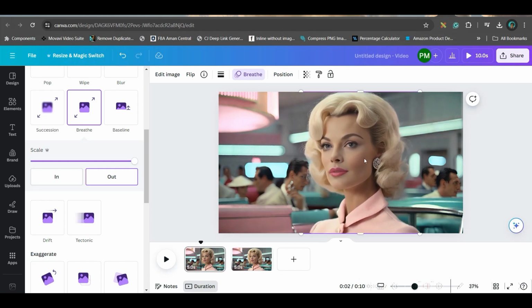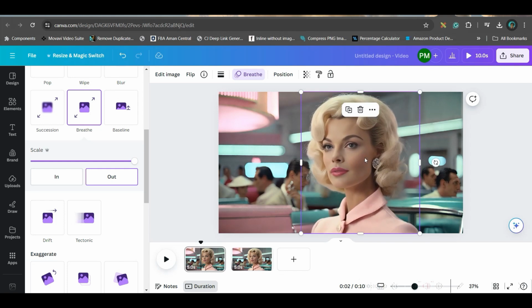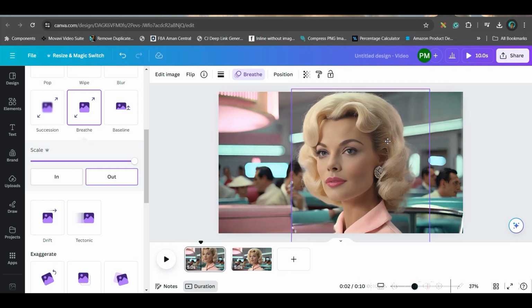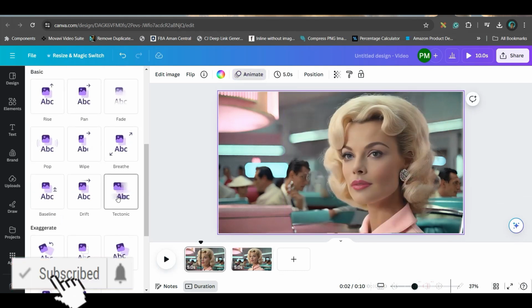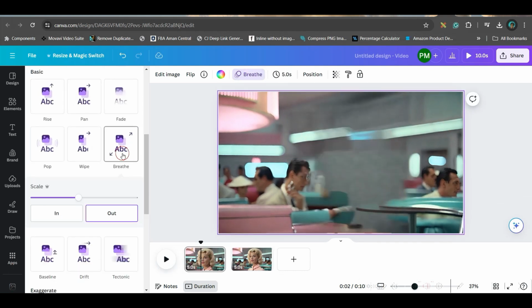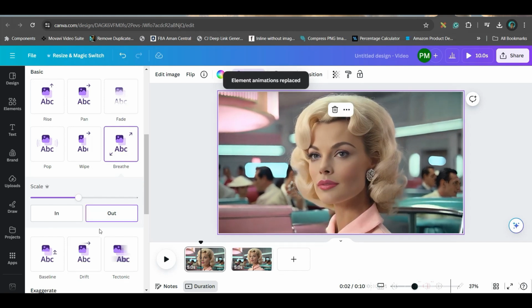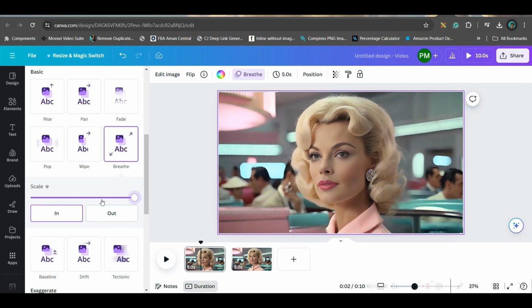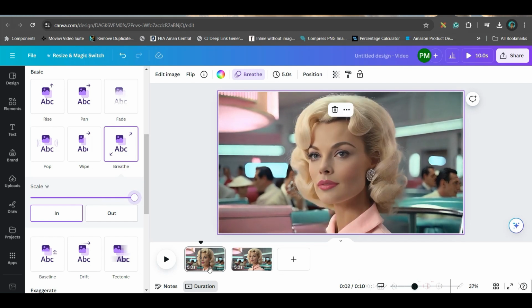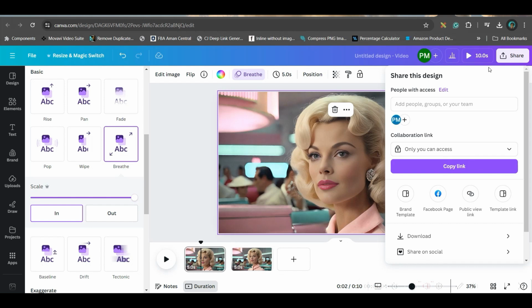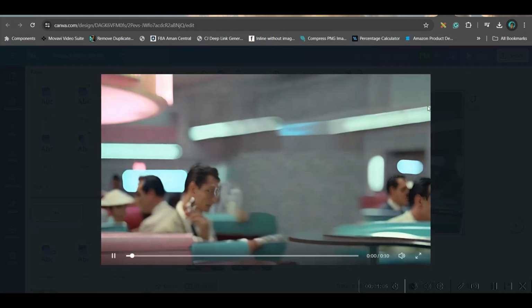Okay, now you can see there is a problem. The image itself is kind of coming in front, so you'll have to make sure that the image is a little bigger like so, and go to the background. Again in the same way, you will have to take breathe animation itself, and this time I will go for breathe in and take the scale all together to the right hand side position. Now if I play it, if you play it from here,